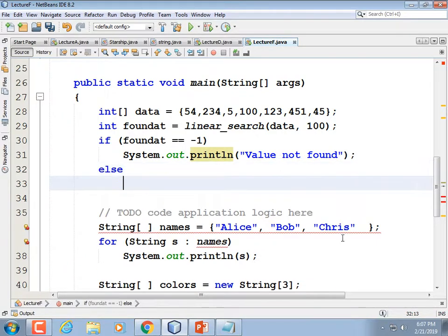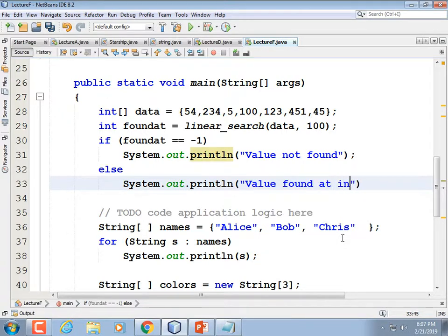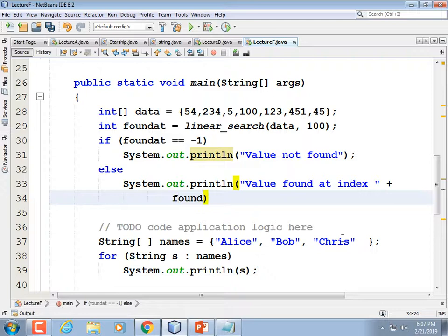Else, I'm going to System.out.println("value found at index " + foundAt);